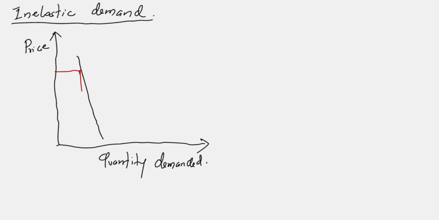So here we say that in a good with a price inelastic demand, a very huge change in price will not cause a big change in quantity demanded. In short, we say that the quantity demanded is not responsive, or is just slightly responsive to the price. You can see from P to P1 a very big change, but Q to Q1 a